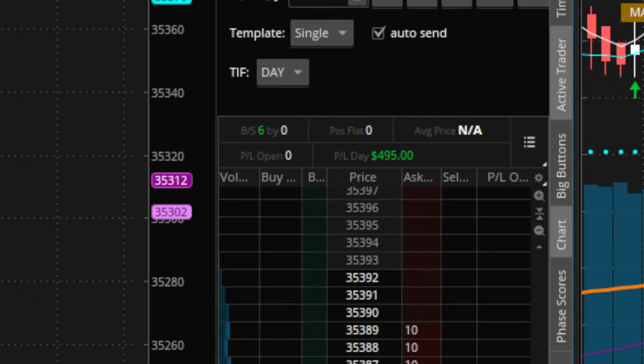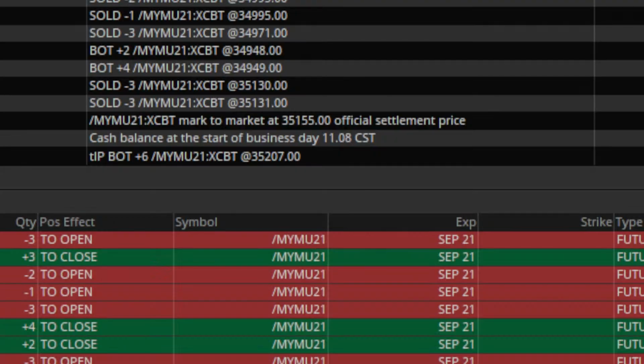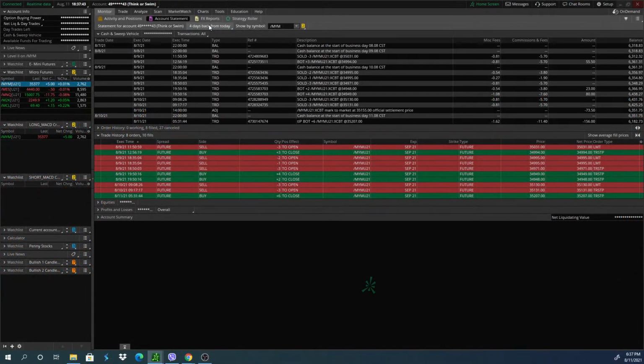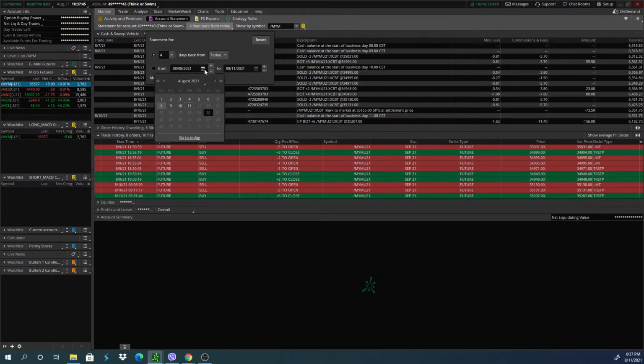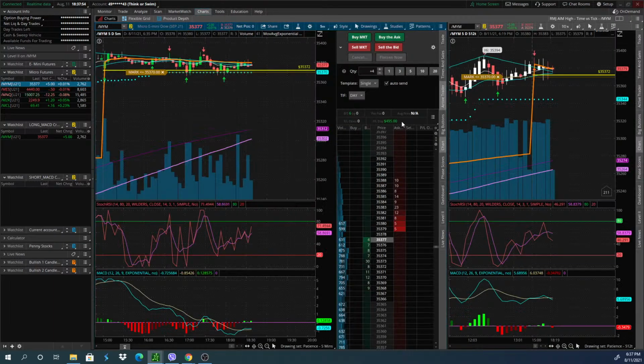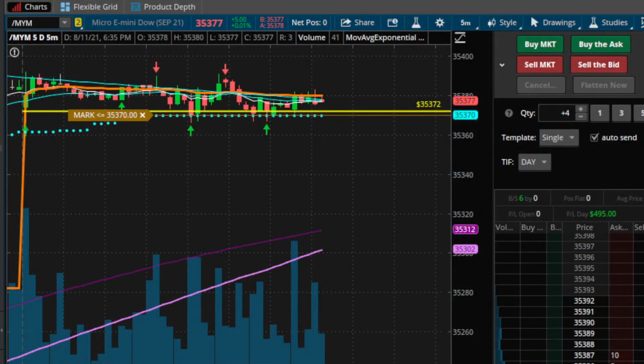I'm going to go to my account statement here and essentially check out the days. I have it from April 8th to today. I'm actually down for the week about $120, so we'll just call that a fluke. I wish I was up $495, but anyway, I haven't entered any trade because if we look at the indicators,